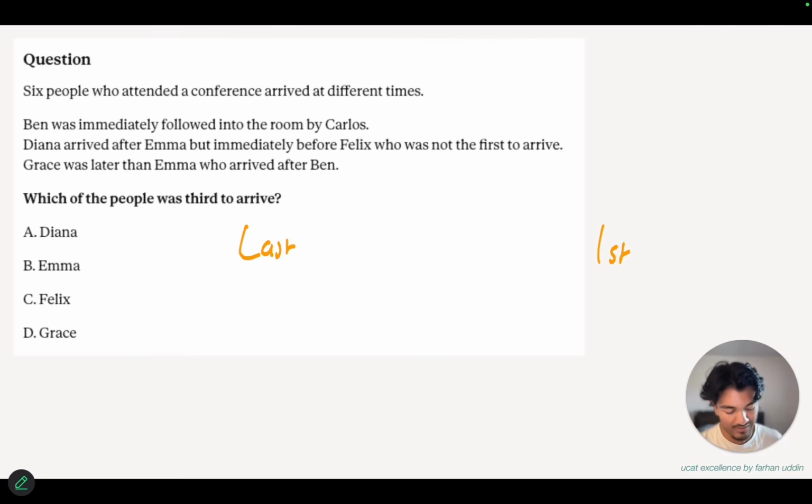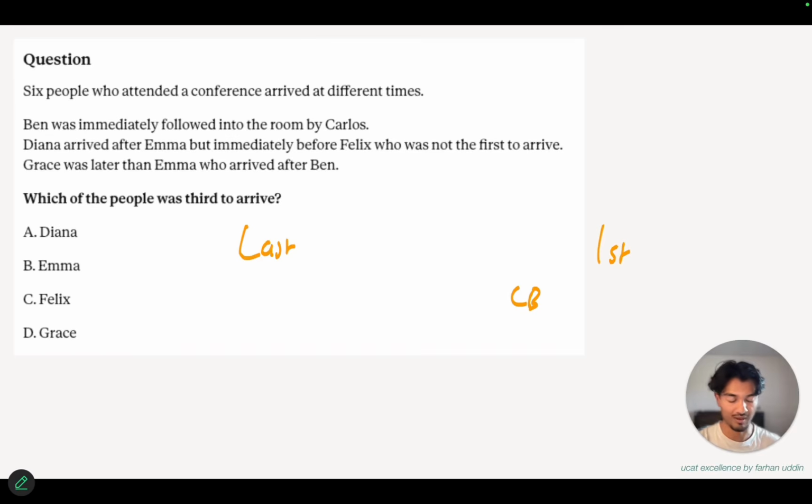So Ben was immediately followed into the room by Carlos. So I'm not going to put it in the actual line here. So it should actually be the other way around. But the reason I'm not doing that is because Ben and Carlos could be somewhere there, or they could be somewhere here instead. So because I don't know that for sure, I'm just going to put it somewhere below so that I'm not messing